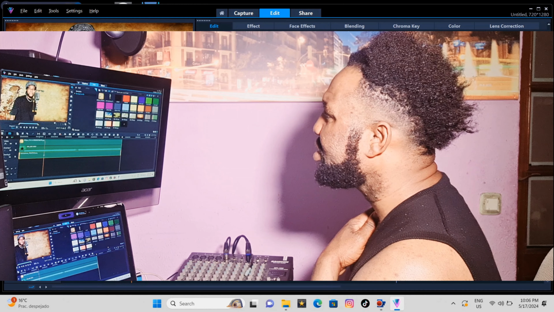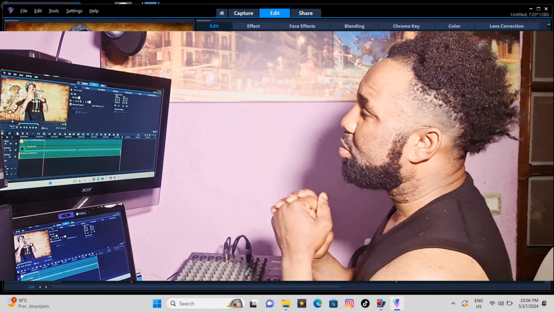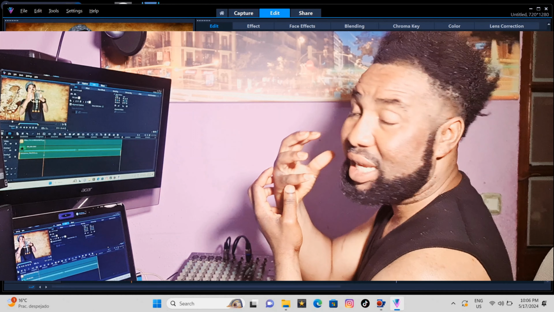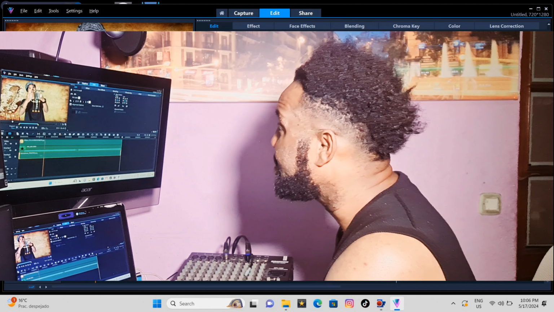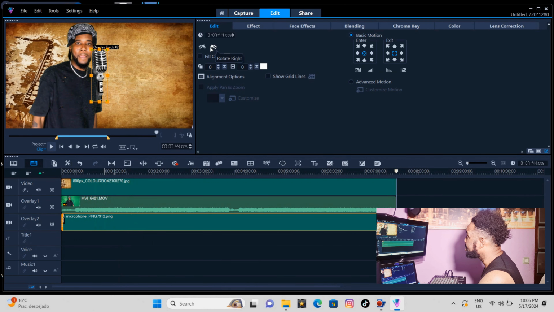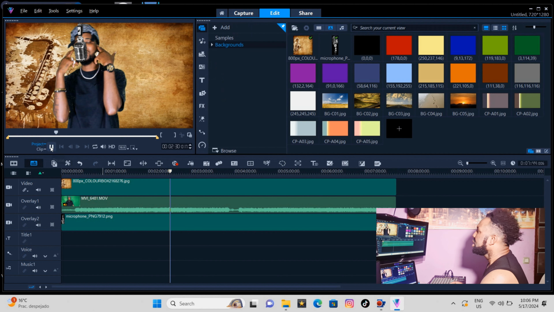Now the next thing I have to do, you see the mic is up. Now I'm going to turn the mouth of the mic down, like singing on the mic, rapping and all those stuff. So the next thing I have to do, I have to turn this to the left. So I have to turn the mic to the side, then drag it to the top of the mouth. And this here is to adjust it, to fit to the mouth. So let's test. Let's see what we are doing now.